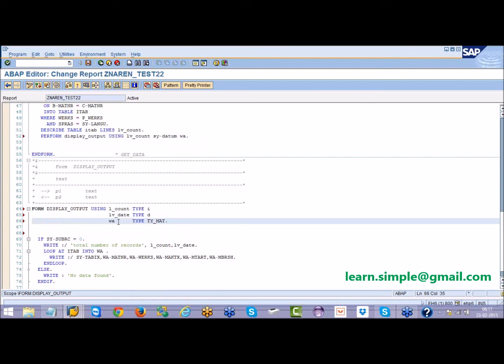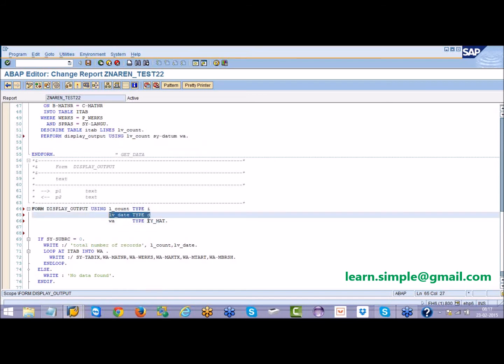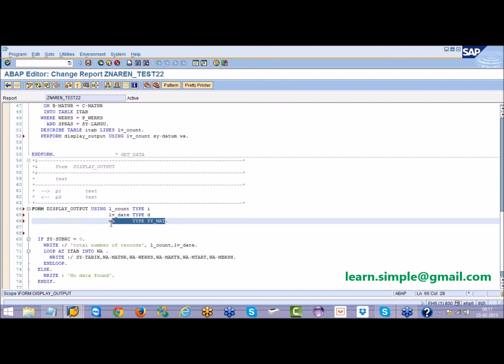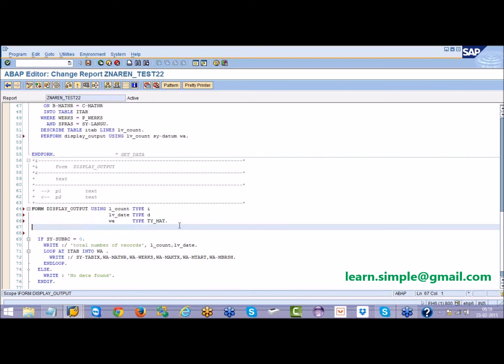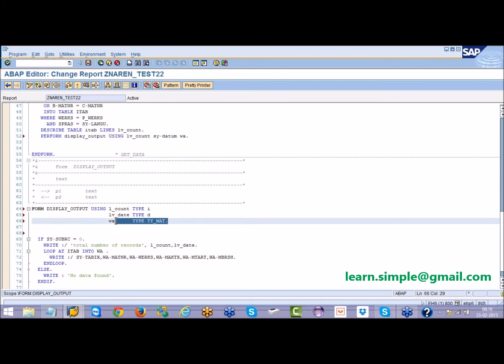So I always recommend providing the data type also in the formal parameters. It is a better way of doing the coding. If you don't provide it, not a problem, but if you provide it, you can avoid some problems. Like when I don't provide anything for a work area, for example here, the system will assume that it's a variable. The system will not think it is a work area. Okay, so like this you can pass work areas.